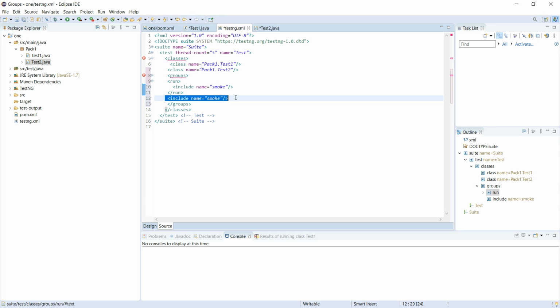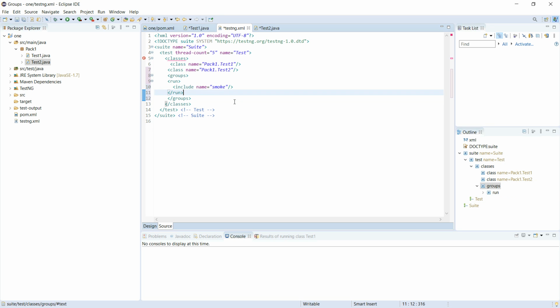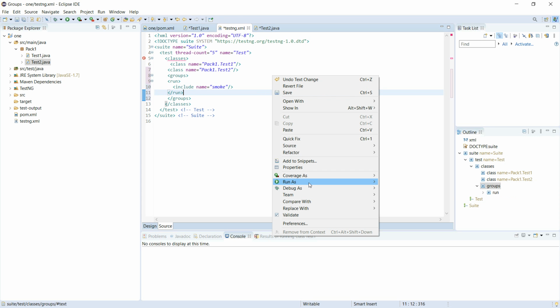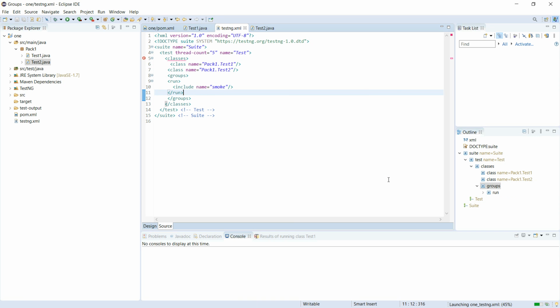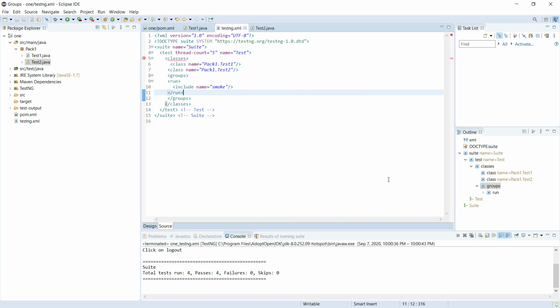Now I will run. So run as test and execute. Now it will execute 4 test cases only. So in test 1 class 2 and in test 2 class 2.